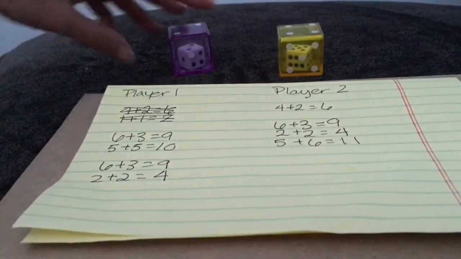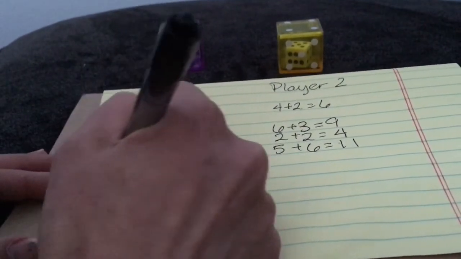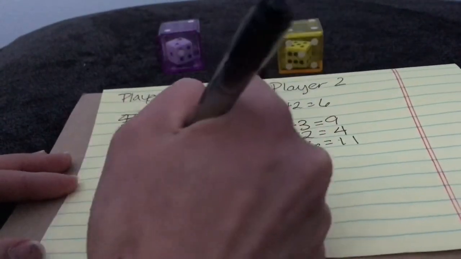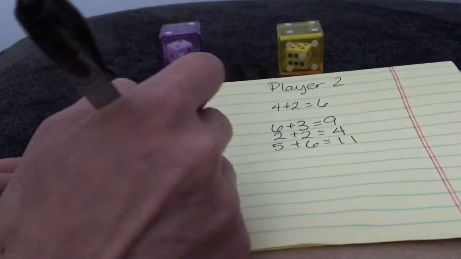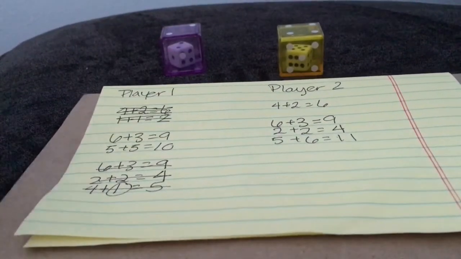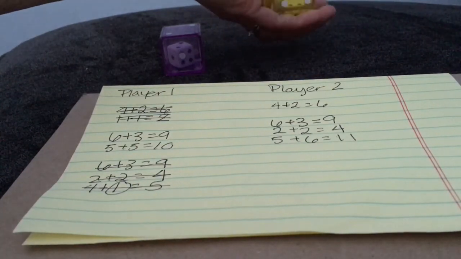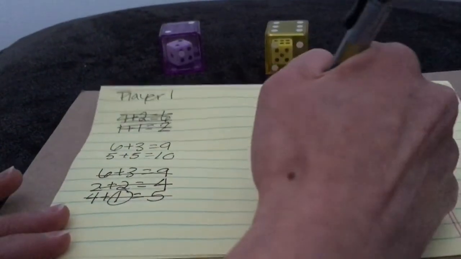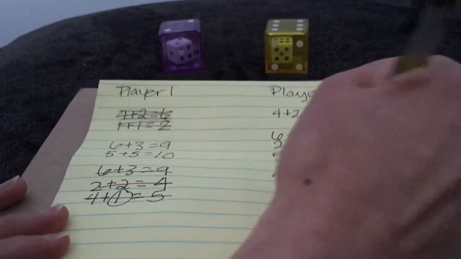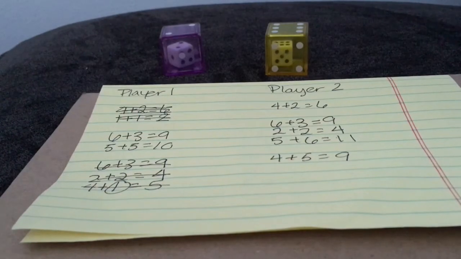But unfortunately, player 1 rolled 4 plus 1, and because there's a 1, player 1 actually loses all of these points during this turn. So player 2 is going to take their turn. 4 plus 5 is 9, and we're going to stop right there, because player 2 doesn't want to run out of luck,